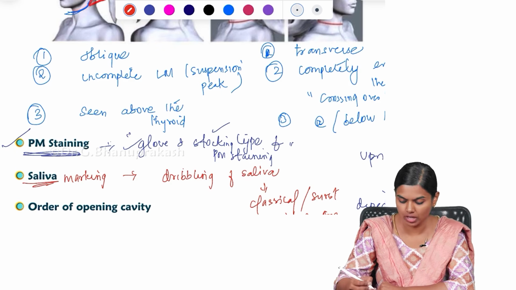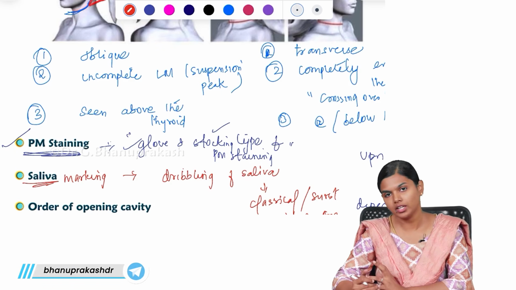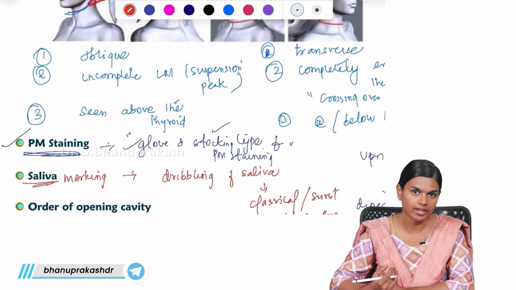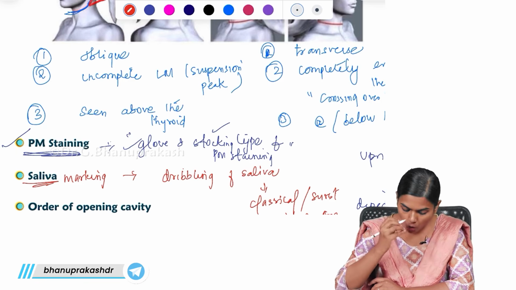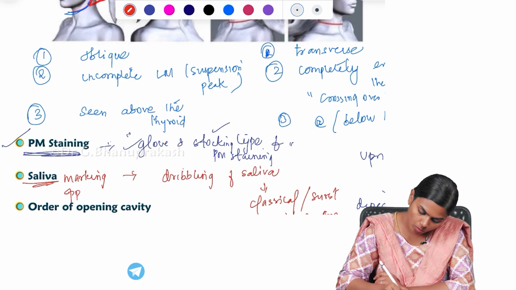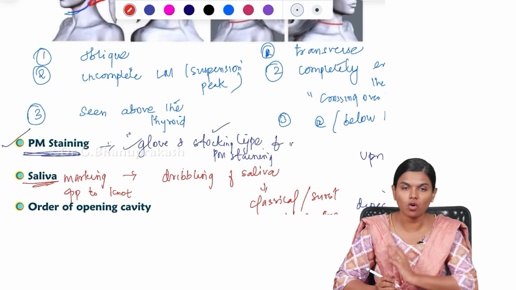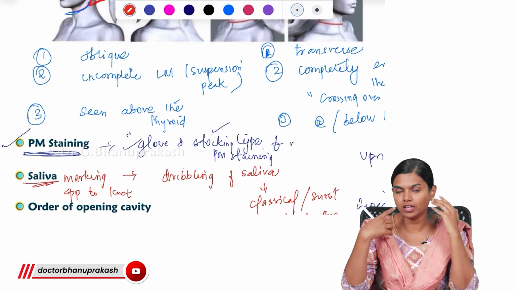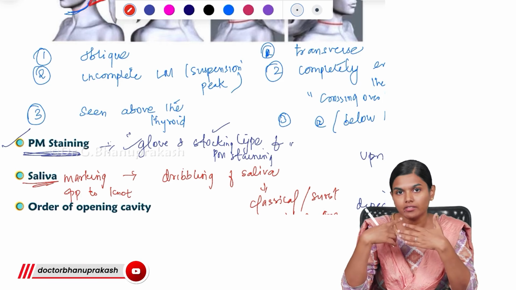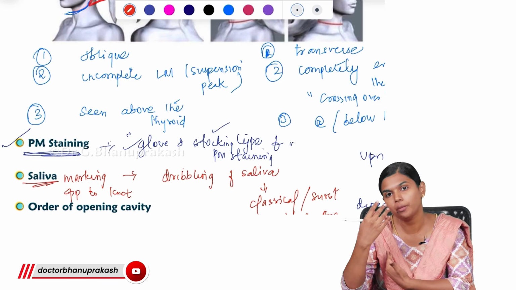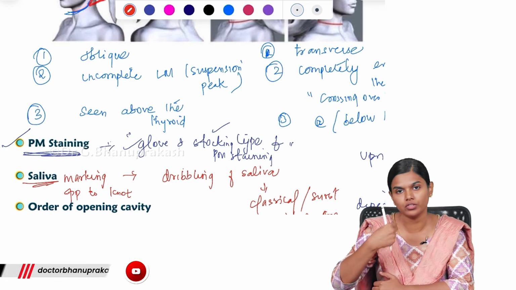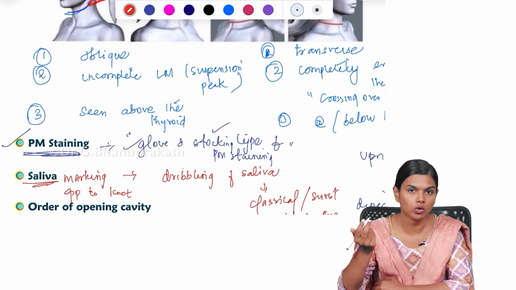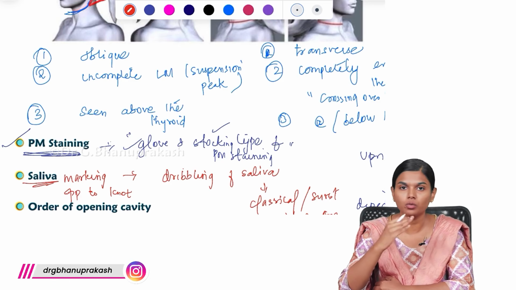This salivary stain is very, very important. Whenever a case comes, whenever they say it is a case of hanging, we look for this salivary stain. It is usually present opposite to the knot. If a knot is present, then opposite to the knot, over the angle of the mouth, you can see the salivary dribbling. Sometimes it will be present over the clothing also. If there is a lot of dribbling, you can see the salivary stain over the clothing, and if it is there, you have to preserve it.